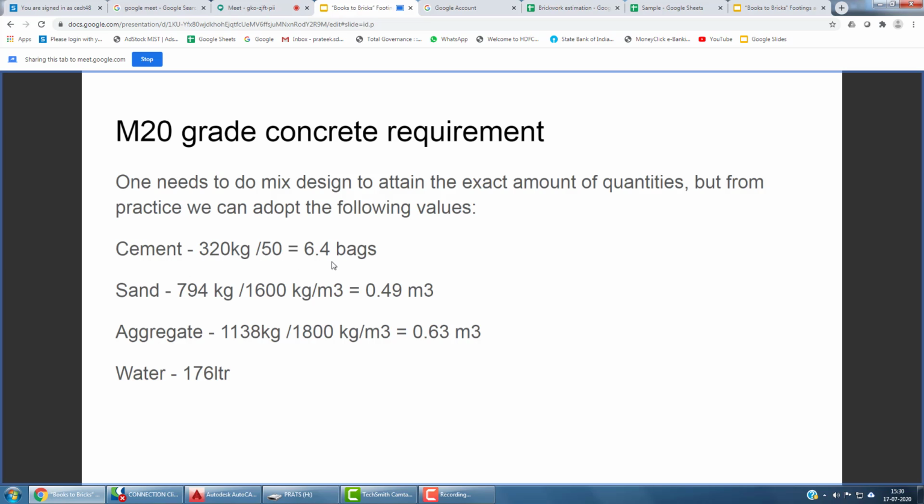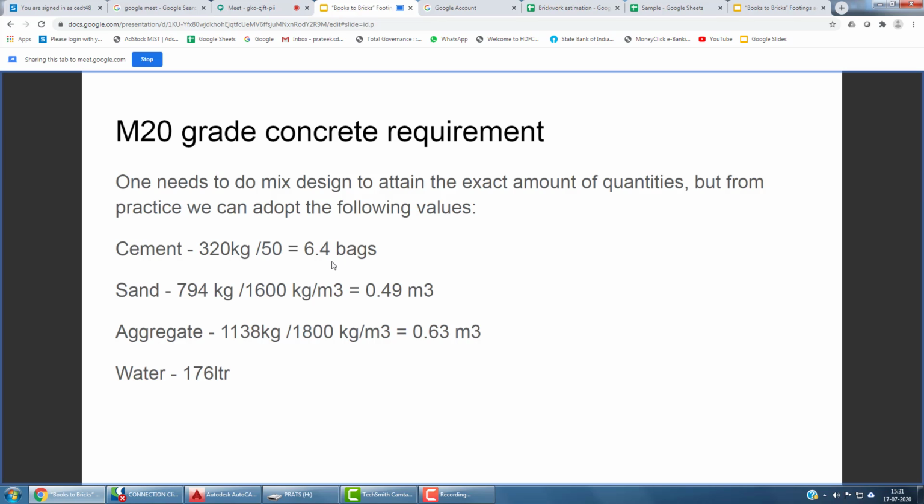All those ratios that we see, 1:3:6, 1:2:4, they all represent in terms of OPC cement. They were all designed for OPC cement, which was 33 grade. But nowadays we are using slightly better grades, 43 and 53. So we can always have a lesser quantity of cement. And no matter what, these ratios are just an indication. You have to always go for mix design before confirming any values.